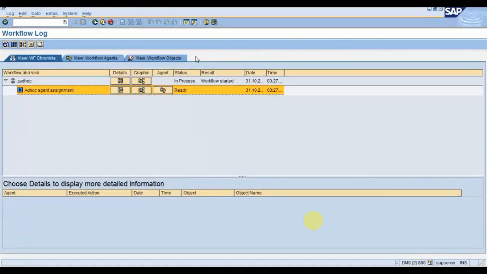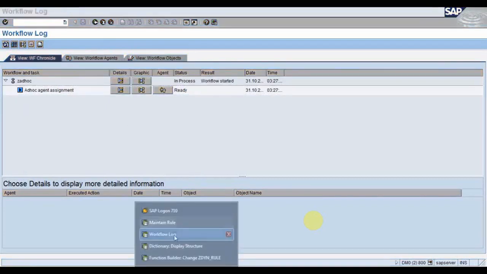So this was similar to the ad hoc anchor. Based on the user decision, it will execute the steps, and in ad hoc agent assignment, it will actually determine the agents in an ad hoc manner. So this was the ad hoc agent assignment. Now coming to